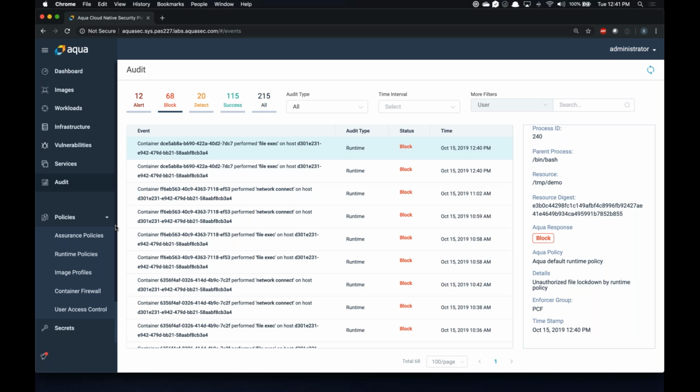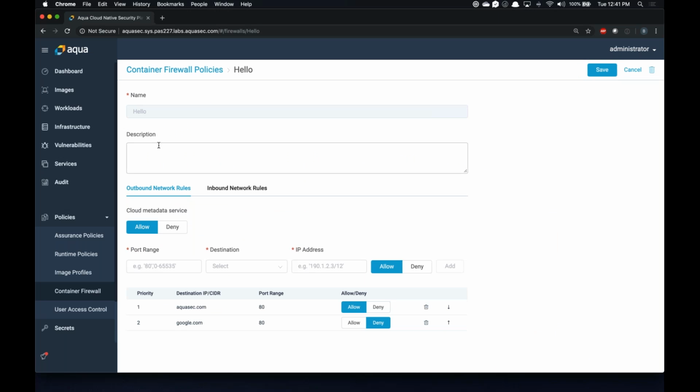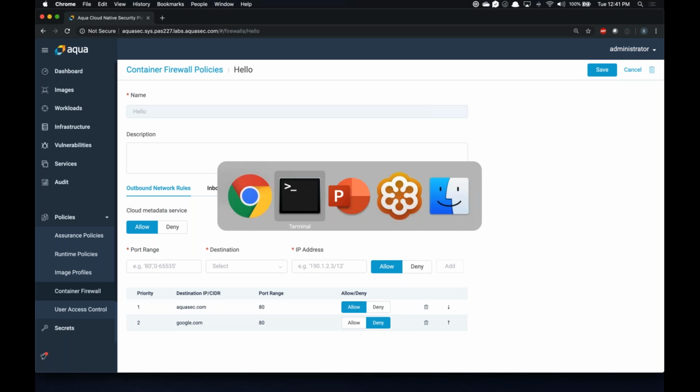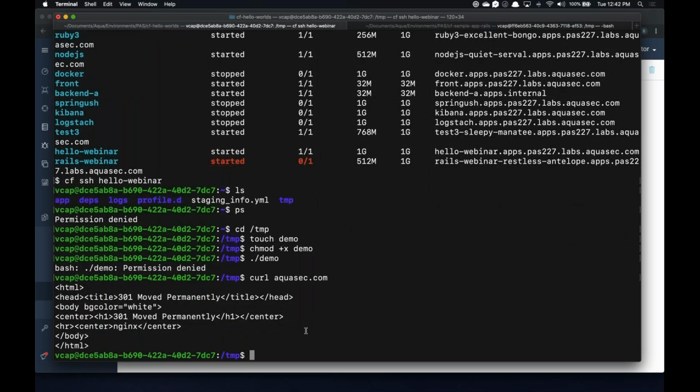And then real quick, so we can have time for questions and answers, I'll show the container firewall here real fast. If we take a look at my hello firewall rule, you'll see that I am doing a simple firewall block: I'm allowing port 80 access to aquasec.com, and I'm denying port 80 access to Google. Now if I transition back to my application and do a curl aquasec.com, you'll see that I get access. And now if I do curl google.com,